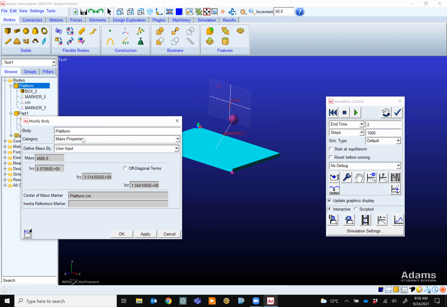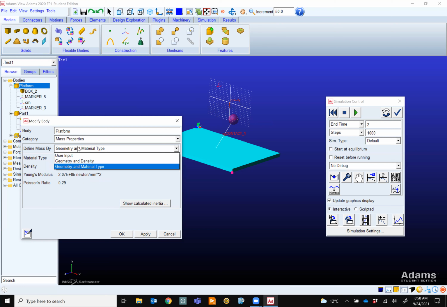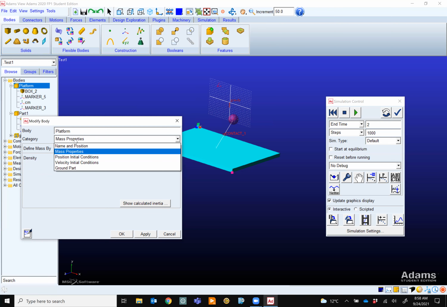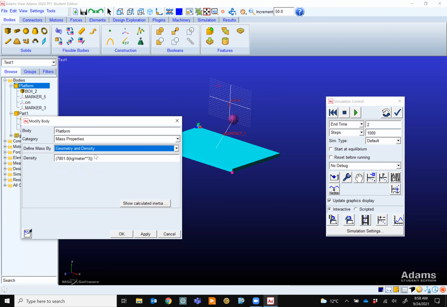But if I want a different density, can you see density there? Mass property, velocity. Maybe it's undefined mass by, and then you can choose geometry and density. Geometry and density. Let's say it is not steel, it's aluminum.